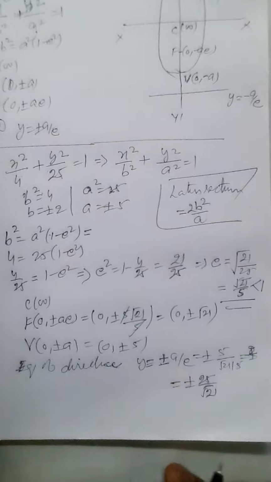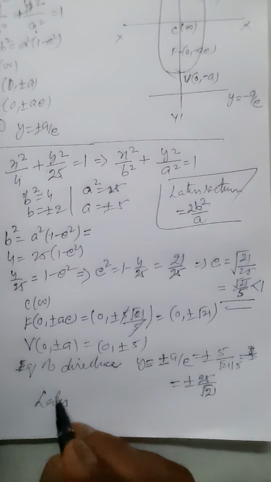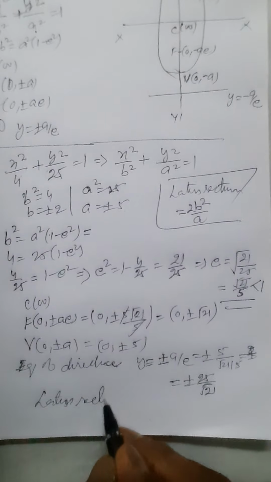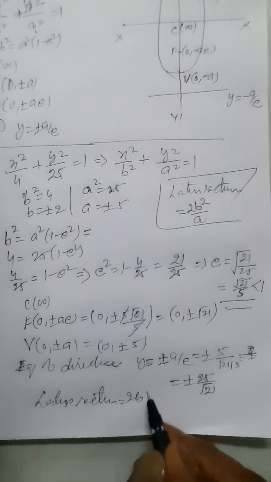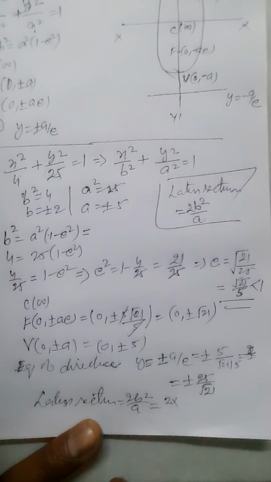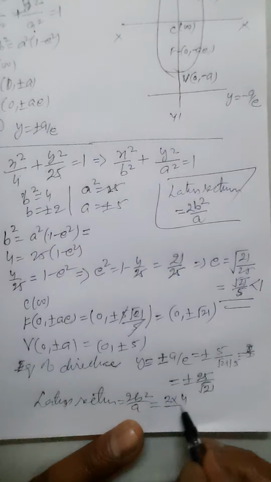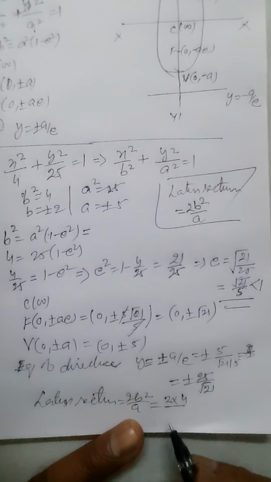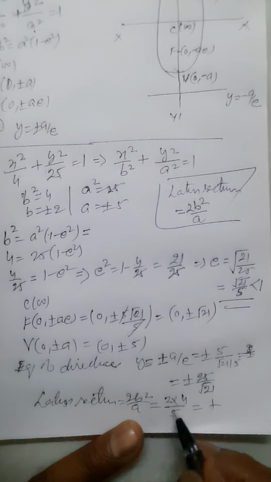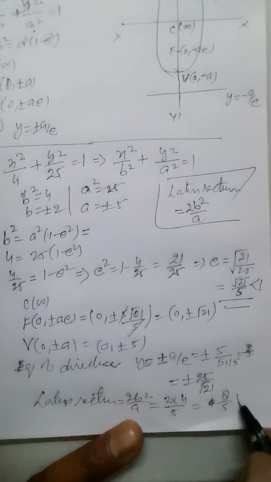So here, length of latus rectum will be 2b square upon a. 2 as it is, b square. What is b square? B square is 4. A is 5. So it is, sorry, it's not plus minus, it's a distance, 8/5 यूनिट।